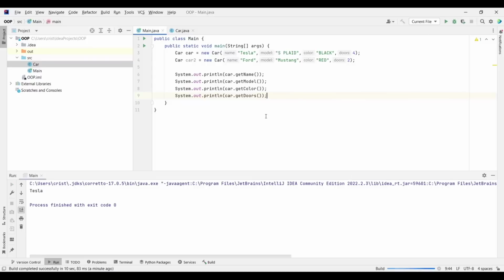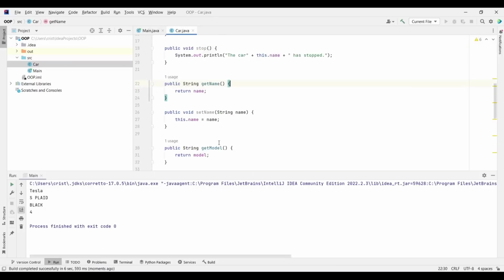So car dot get name is returning the name, car dot get model is returning the model, car dot get color is returning the value of the color.